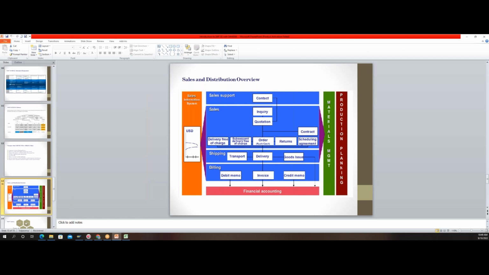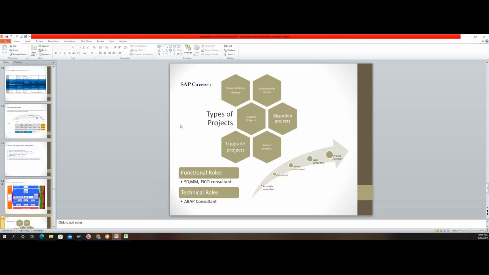All right, so now back to the SAP career. The moment you get equipped with the knowledge of what SAP SD is, you enter into an organization. That organization is an IT company, an IT service provider. We call them IT vendors. These are the various synonyms used in the market. Now what are you called? You are called a functional consultant.